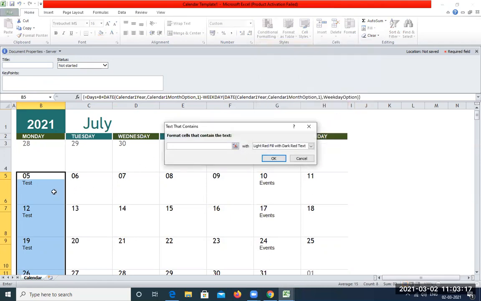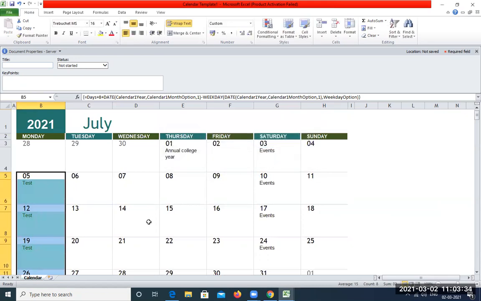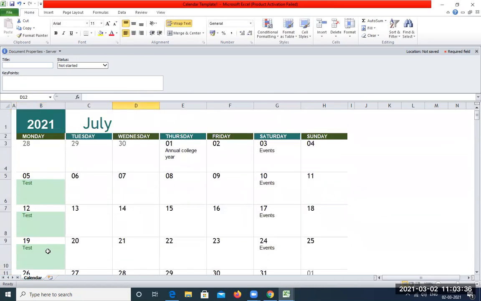Here we want the cells which have the text test to be highlighted in a different color. We fill in the text which needs the highlight. You can look for different colors and then say okay. Now we can see wherever I have written test, a green background and green text is displayed.